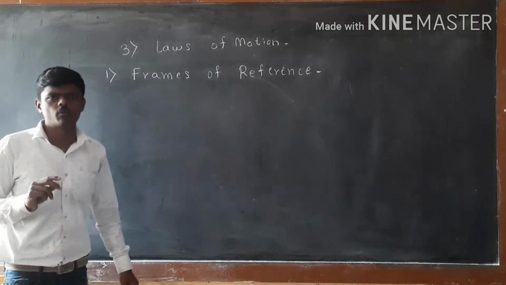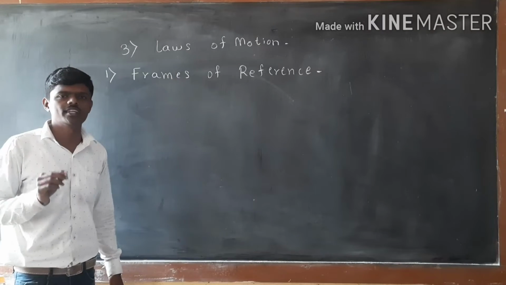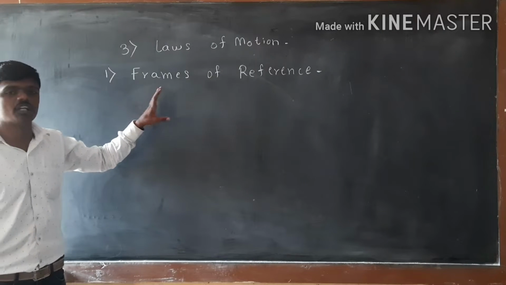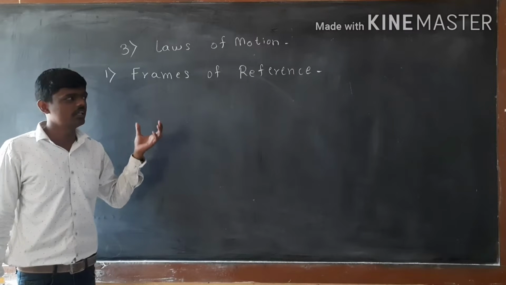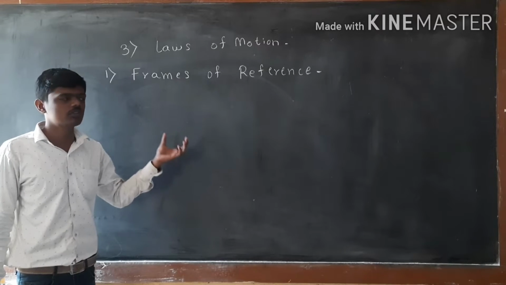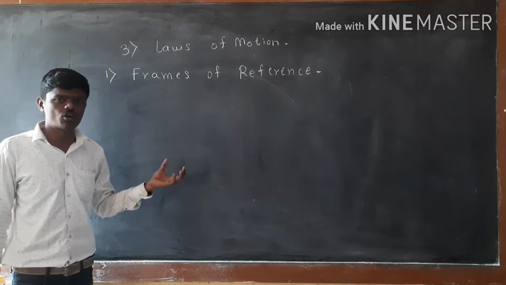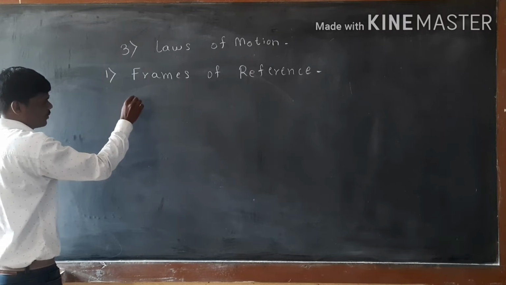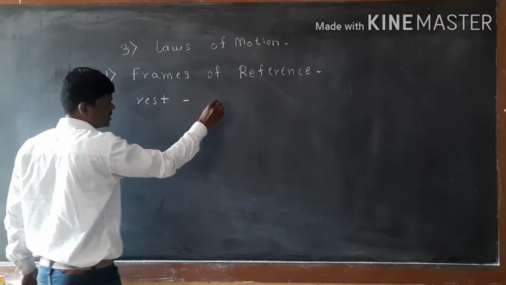We know any body can be in motion. When we say a body is in motion, it changes its position with respect to its surrounding. Or when we say it is at rest, it does not change its position with respect to its surrounding. So first, let's take rest. It does not change